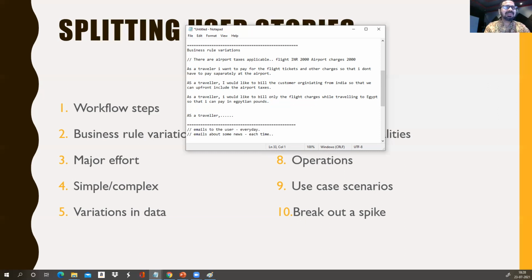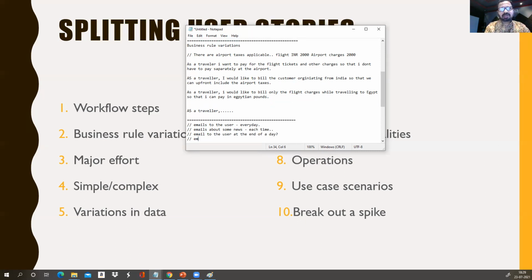Or should we send emails to the user consolidated at the end of a day? That's a question. Or should we send email to the user at the end of the week? I mean, this will be consolidated. So I will call this maybe a daily digest of subscription, and this is your weekly digest.